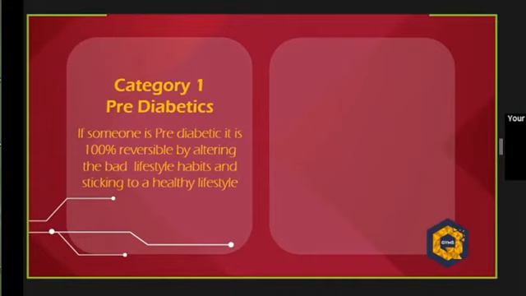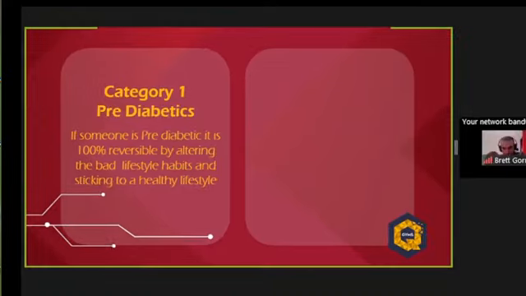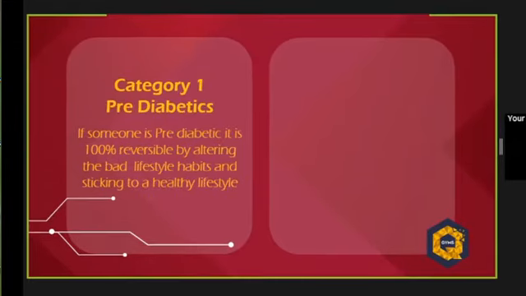That's why the earlier we catch it, the better. If we are diagnosed as pre-diabetic, we follow a healthy lifestyle, a healthy diet, lowering carbs, an organized training program and an organized supplement program, and we go back to healthy ranges of blood sugar levels, and we will be able to keep eating some of our favorite food.